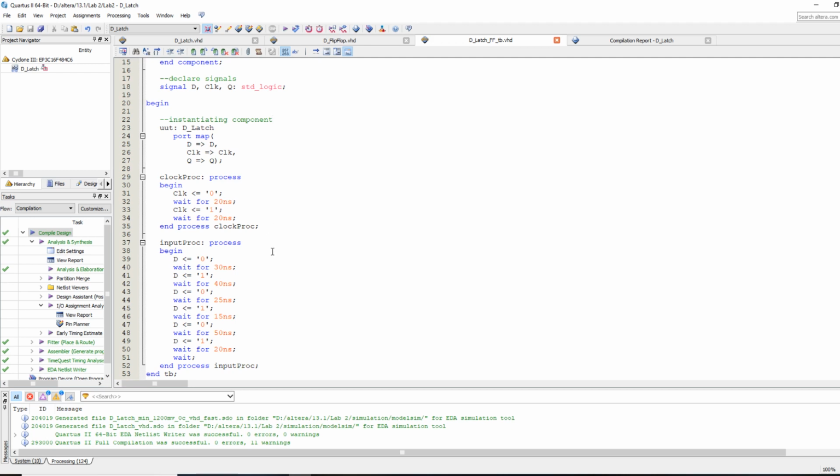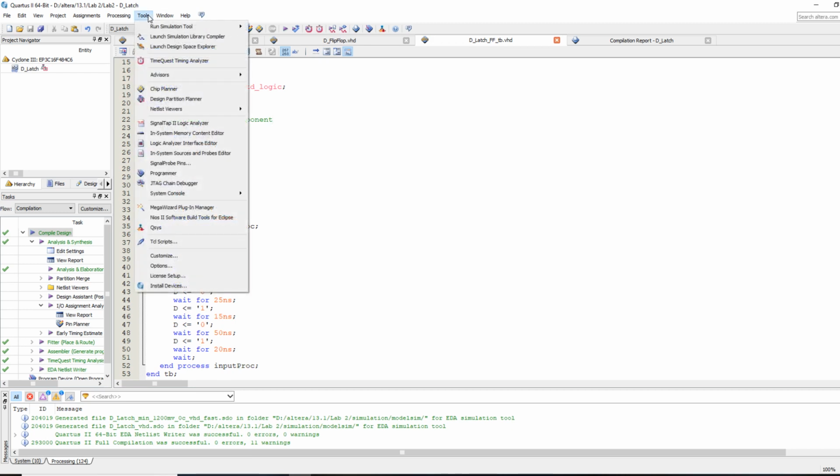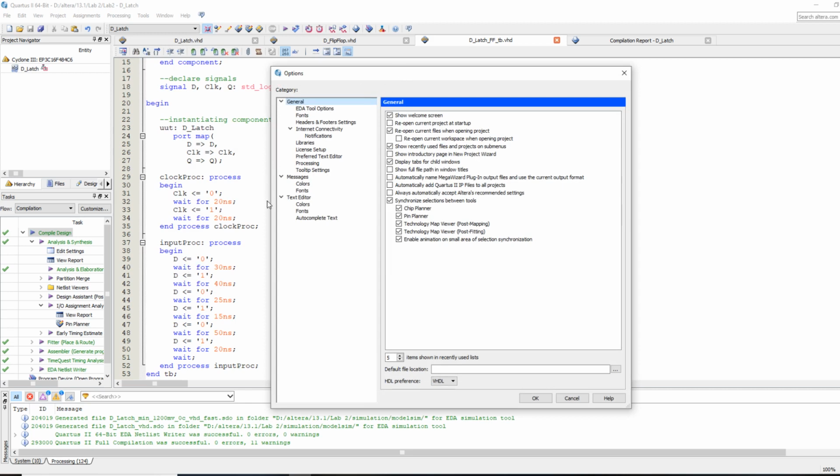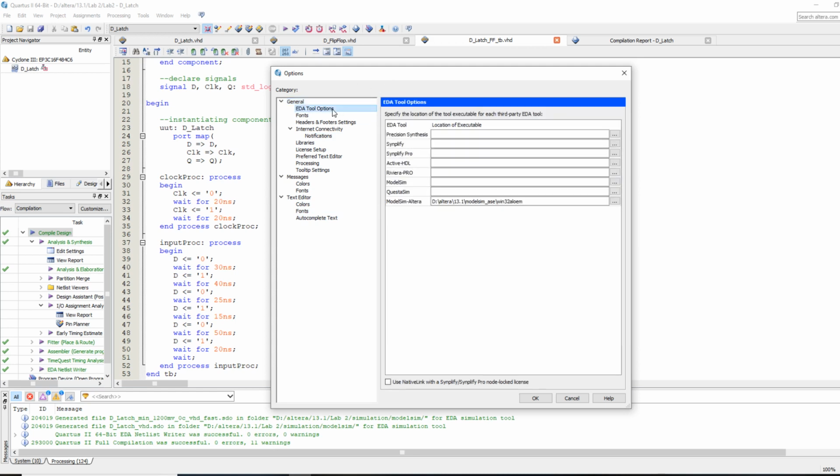All right. The first thing I want to do is ensure that the ModelSim path is specified as the simulation tools path. To do this, from the menu bar, I'm going to select Tools. I'm going to go down and select Options. And on the right-hand side of the window, where it says Category, I am going to select EDA Tool Options under the General dropdown. And I'm going to ensure that the ModelSim Altera text box is set